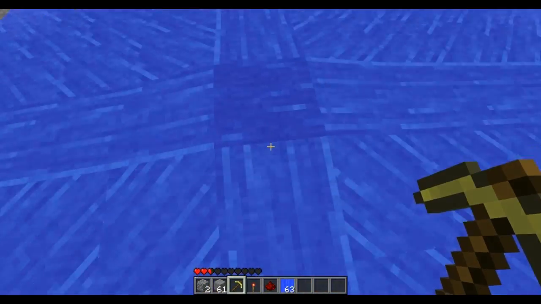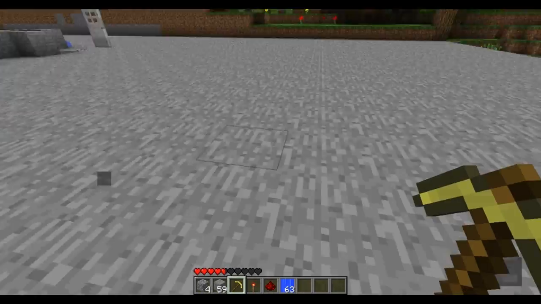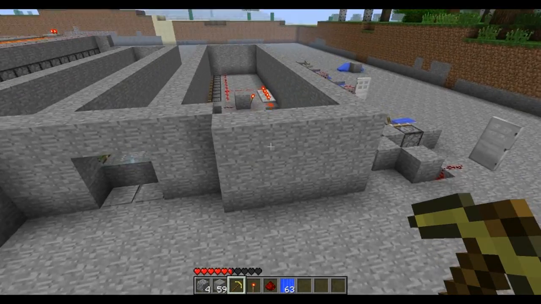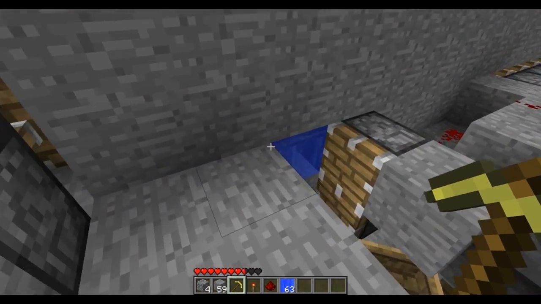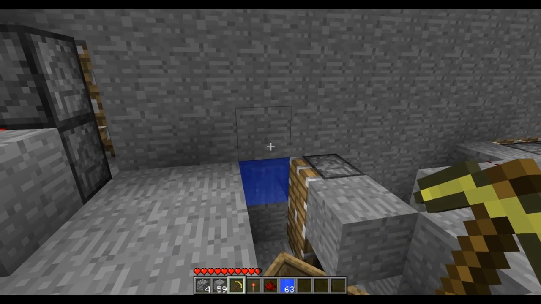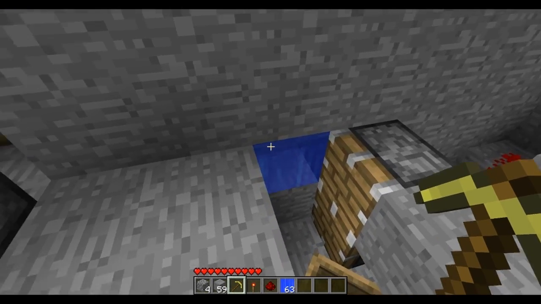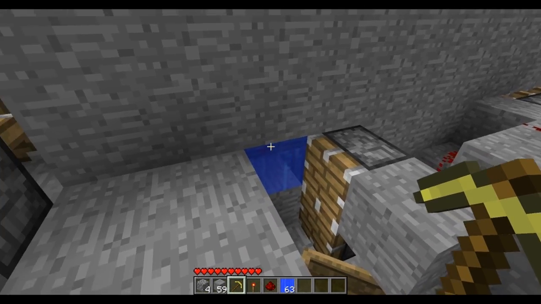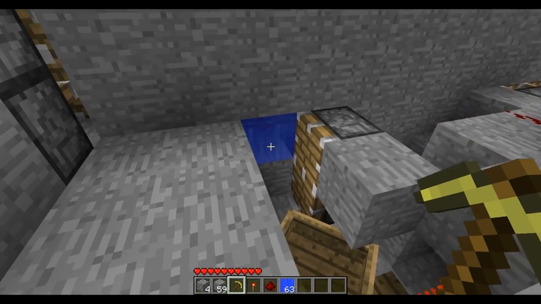Okay, so we have that whole system with the redstone set up. Let me stop myself from burning, and if we go in here, we'll see exactly how that works. So the redstone is actually set up right on the other side. You can sort of see it, hopefully in the video as well, right next to the water. And as soon as the particle update takes place, and it starts emitting those red sparks once you walk over